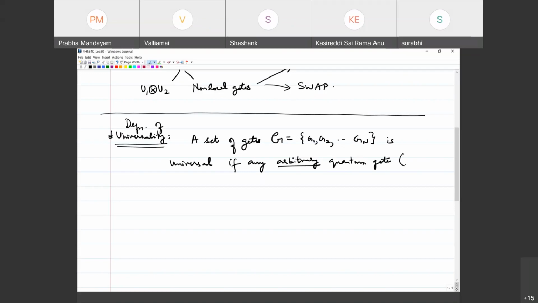So on any d-dimensional space, okay, can be approximated